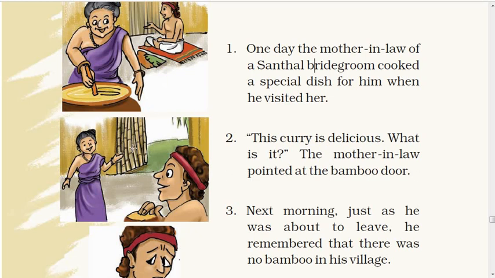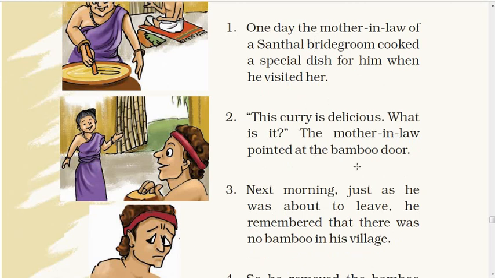So the mother-in-law pointed at the bamboo door. Basically, this is bamboo door, but that doesn't mean that she was pointing out at the bamboo door exactly. She might be pointing out at something else. Or even if she was pointing out at the bamboo door, she did not mean that it was the same bamboo door. It could be something related to it. Okay, like if I say circle, that does not mean that it's a tire. It can be an iron ring, it can be something else. Okay,